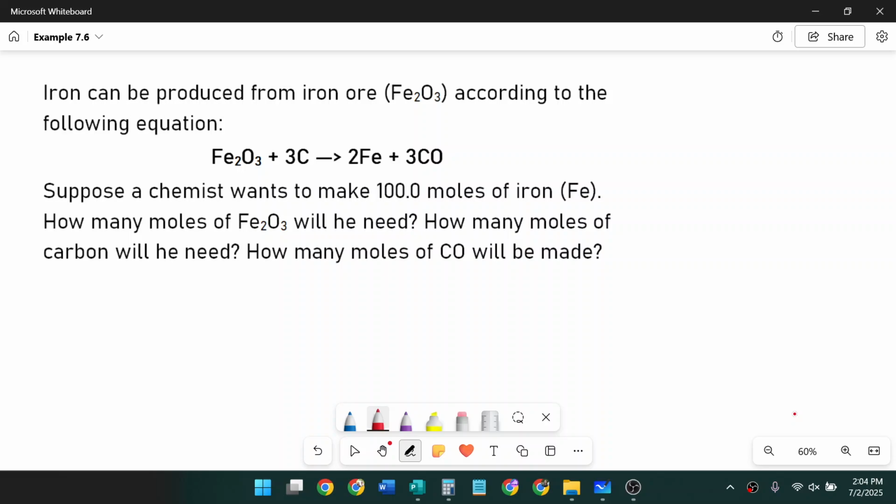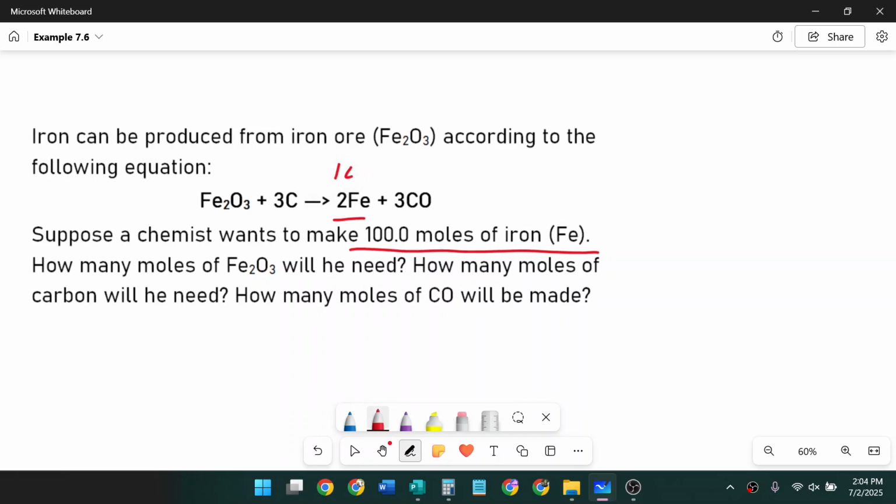All right, so he wants to make 100 moles of this. That's right here. So we could go ahead and fill in 100.0 moles. Okay, I gotta get the pen to work. That looks terrible. And so we don't have to know the limiting reactant for this one because we know how